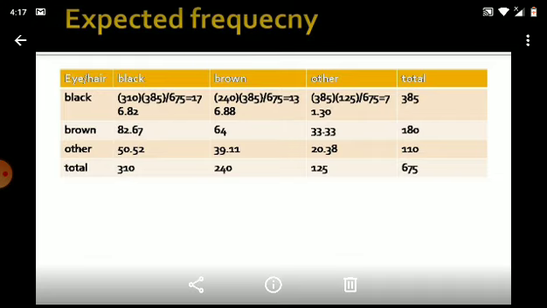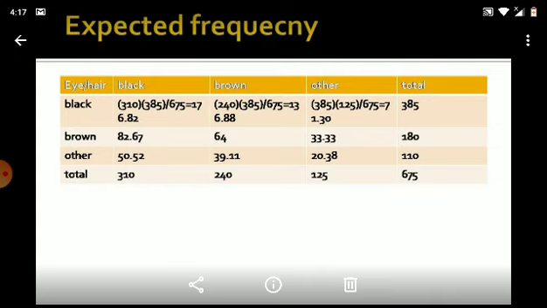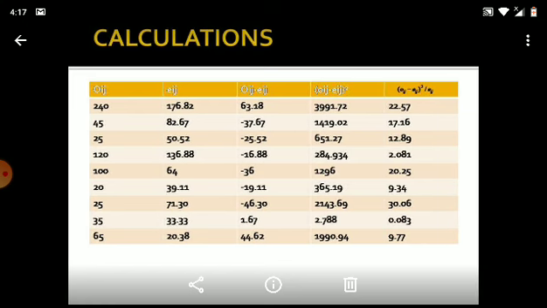Now expected frequencies have been found. Observed were given and expected have been found. अब आपने इन दोनों को साइड बाय साइड लिखना है और इसको आपने टू वे टेबल से चेंज करके कन्वर्ट कर देना है सिंगल डायमेंशन कॉलम में, like in this case. I have written all OIJs and corresponding EIJs.